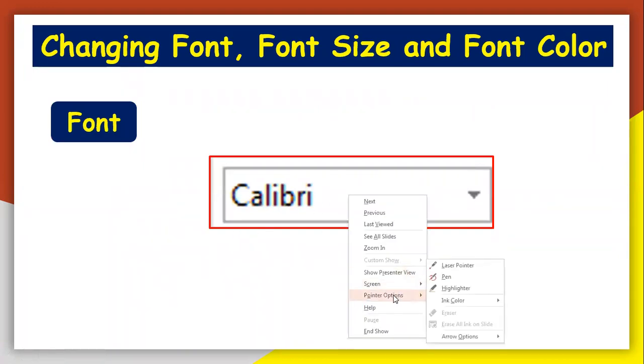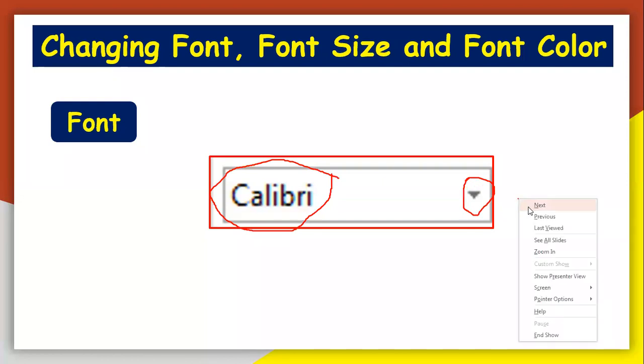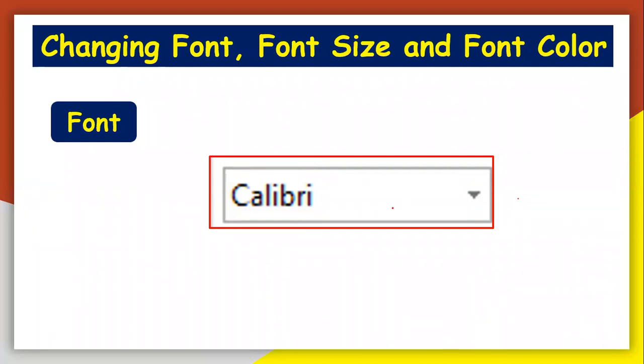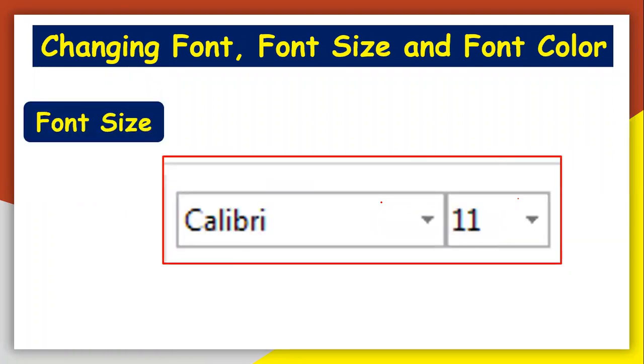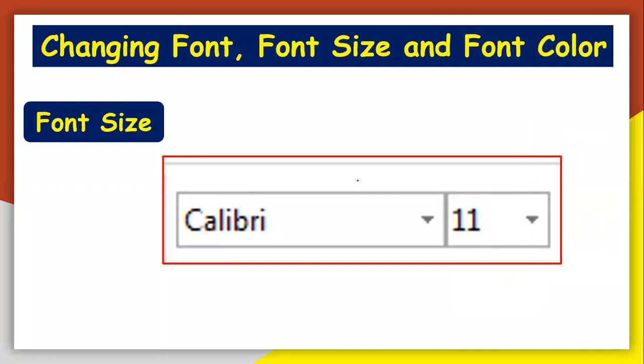I'm taking only one example of a font, and from this arrow you can click and look at the various kinds of fonts already on your system. This is the font size. The 11 represents the font size, and we can click on that arrow and choose a different size as per our convenience.